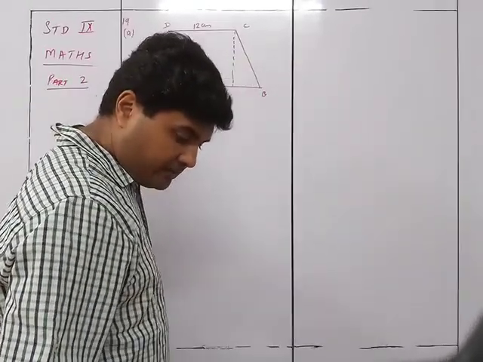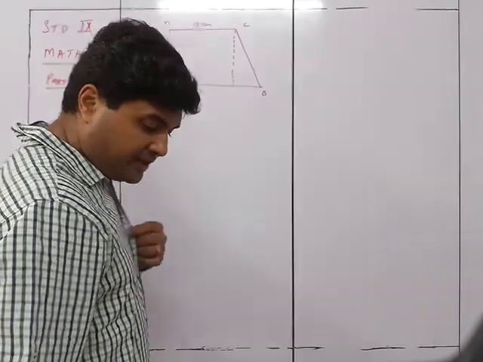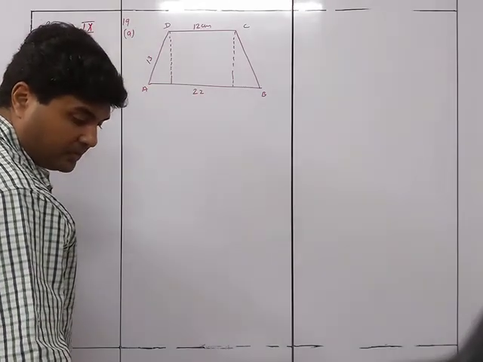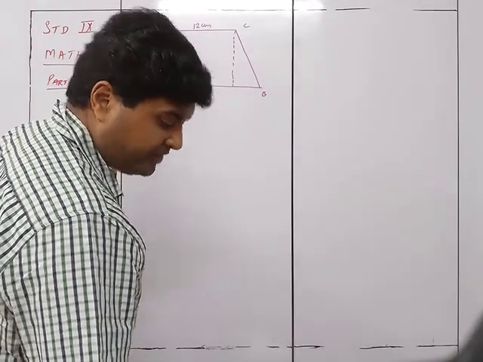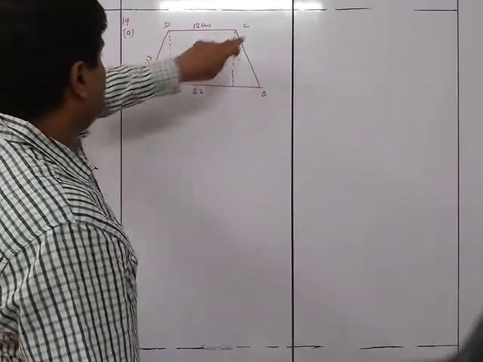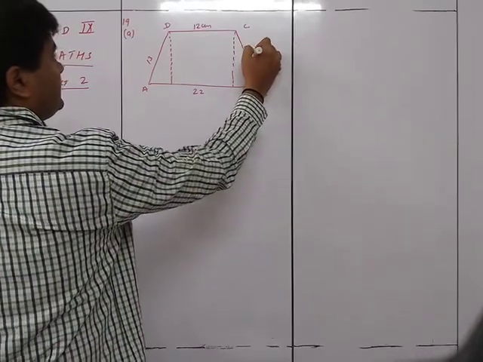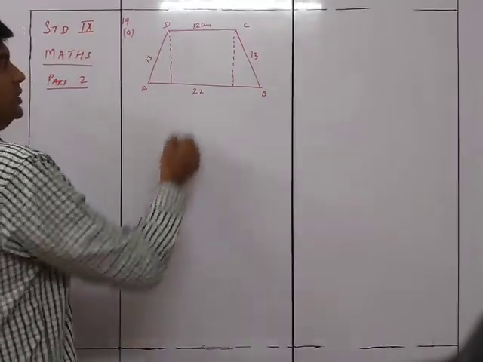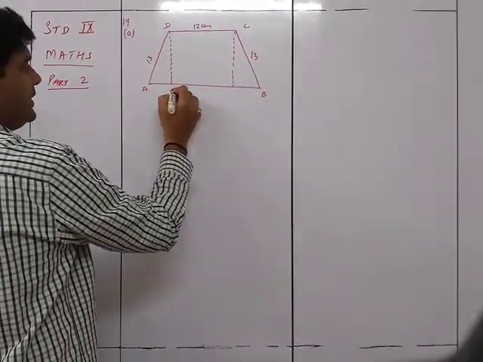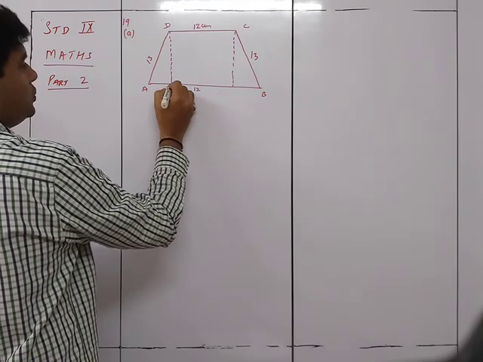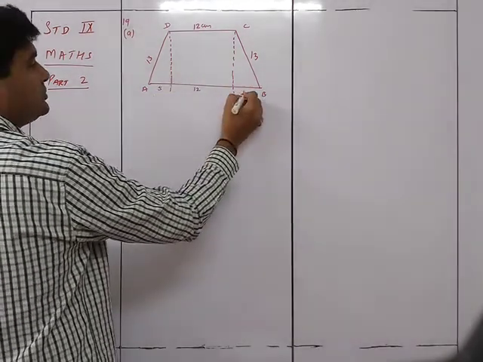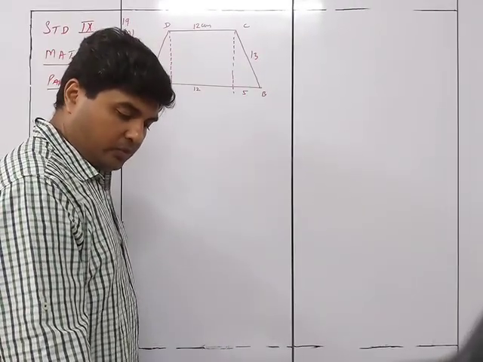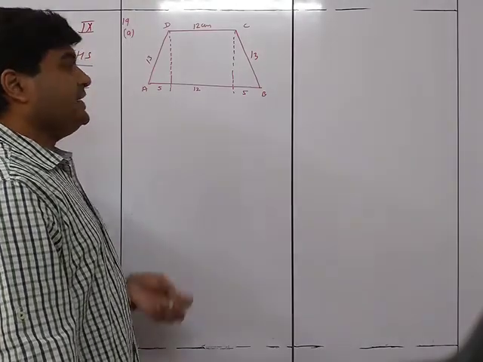You are given that AB is parallel to CD and BC is equal to AD. So it's an isosceles trapezium. So both are 13. So if this is 12, automatically this part will be 12. So this part over here will be 10 divided by 2, so 5 each. Understood? So we need to find out the height of the trapezium. It's a very easy sum now.